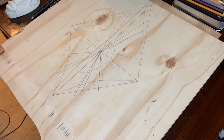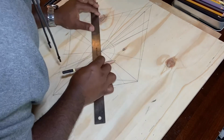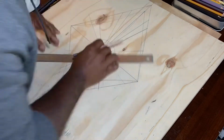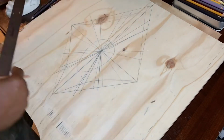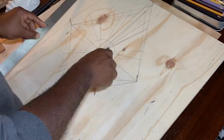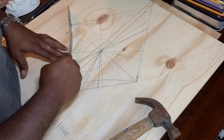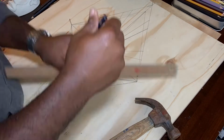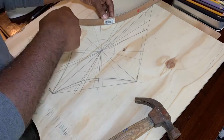It is a straight edge, but it's a flexible enough ruler that I can create curves with it. And if you notice right here, I'm using the ruler in a curved pattern, in a curved fashion. Just a little trick and skill that I learned. After I created this entire design, and I've been using this design in most of my wall hangings so far,